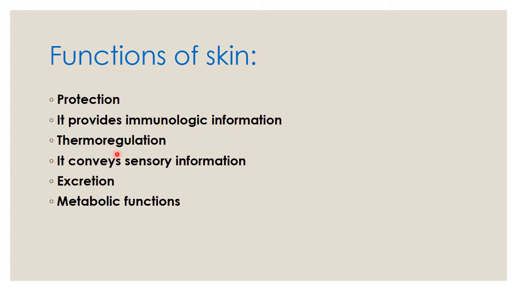The skin also provides thermal regulation, that is, a constant body temperature is normally maintained due to the insulating components of the skin, which are the fatty layers called the hypodermis, and also the excessive loss of heat through sweat production and through the microvasculature of the skin helps in keeping the normal temperature of the body.